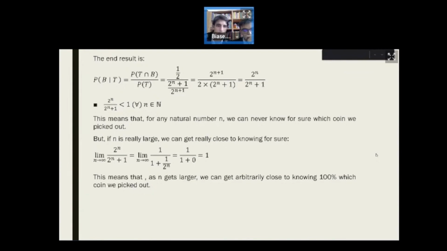So if n is large, we can get really close to knowing for sure, as the limit is 1 for the whole thing. And in the end, this means that as n gets larger, we can get arbitrarily close to knowing 100% which coin we picked out. So this is the answer for the last question. If you want to see the answer for the first question,